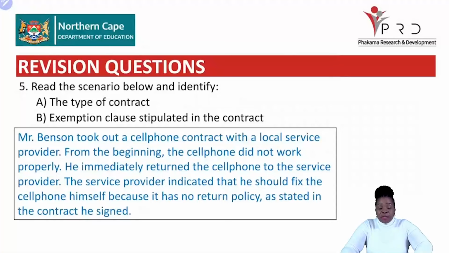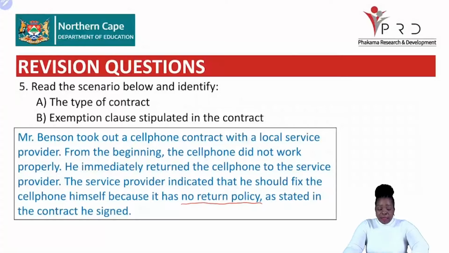Right, learners, I'm going to read the scenario for you. It says, Mr. Benson took out a cell phone contract with a local service provider. From the beginning, the cell phone did not work properly. He immediately returned the cell phone to the service provider. The service provider indicated that he should fix the cell phone himself because it has a no return policy,